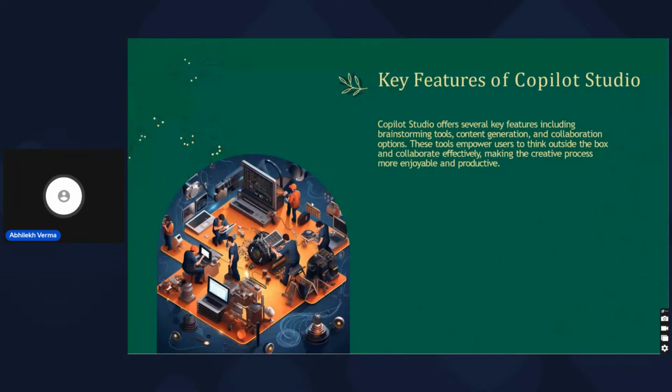And the good part, as I mentioned, is creativity. So you're going out of the box, and it's also enjoyable in the process. As you can see, this is like a manufacturing process, and everyone is enjoying the just-in-time approach, and they are doing a lot of activities together, right? As a collective team. So this is what Copilot Studio does. It helps you not just collaborate, but also makes it more enjoyable and productive, and you're becoming more creative